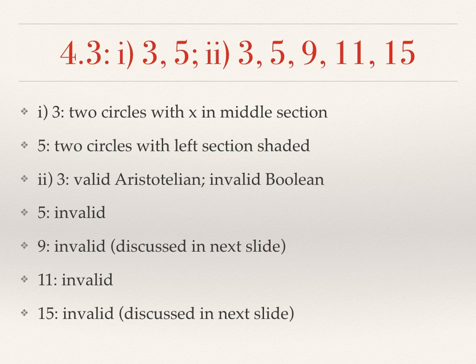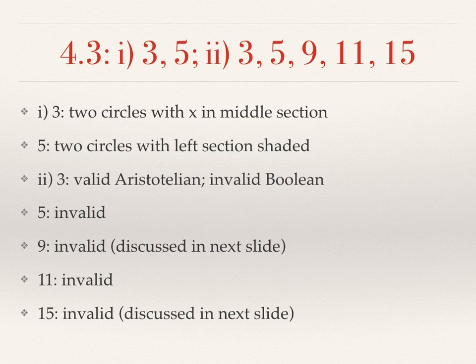If you look at the difference between the two, the universal assumes that whatever trial lawyers there are would be in that middle section. From the Aristotelian point of view, since trial lawyers exist, it's valid. But from the Boolean standpoint, we can't infer a particular from a universal. So it's invalid from the Boolean standpoint.